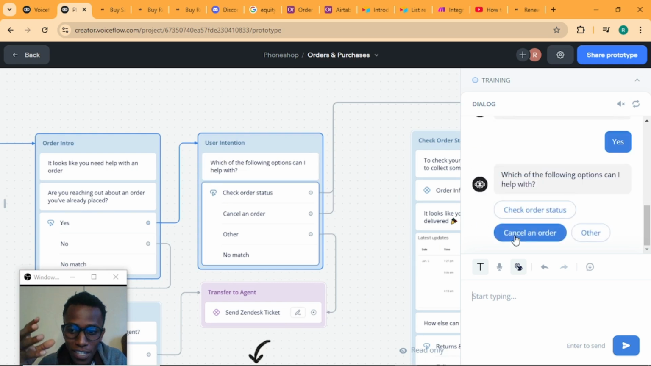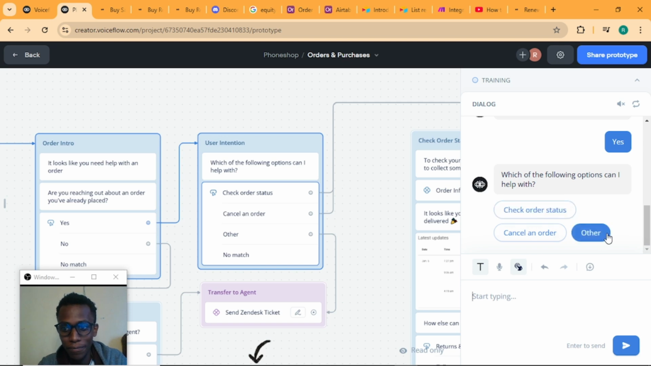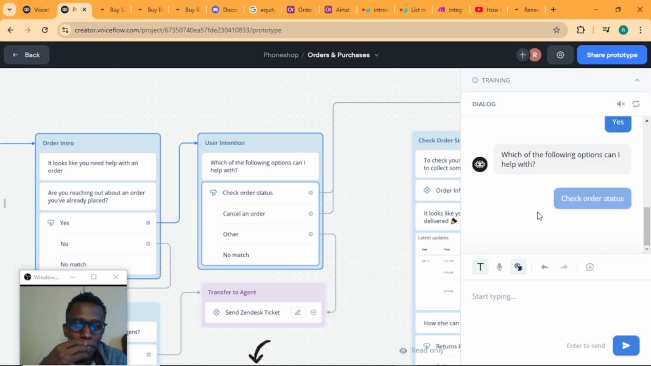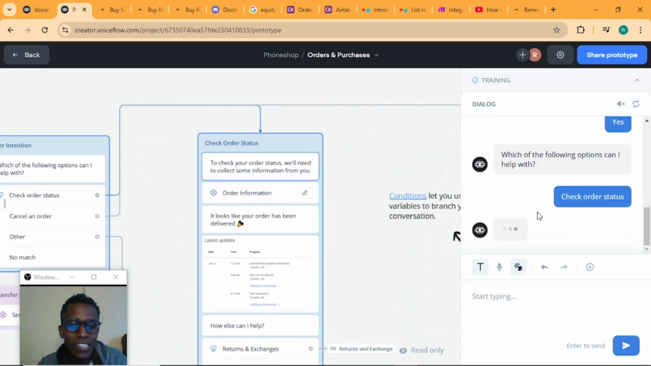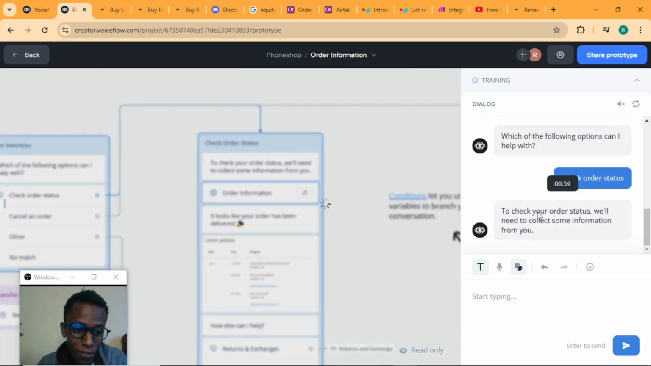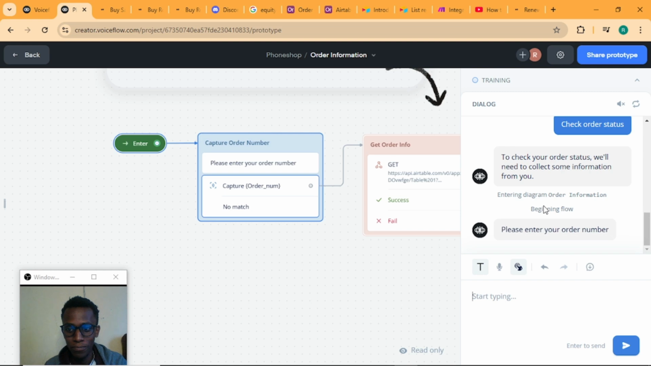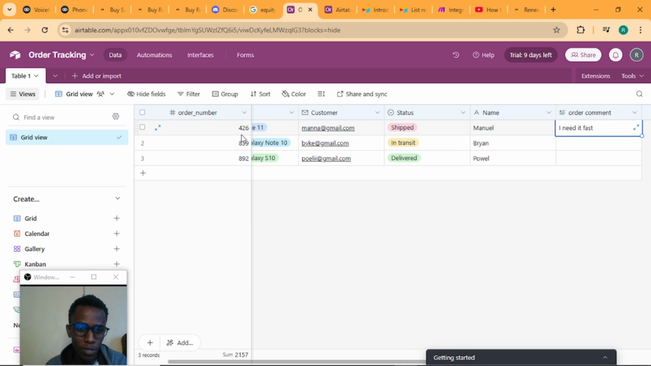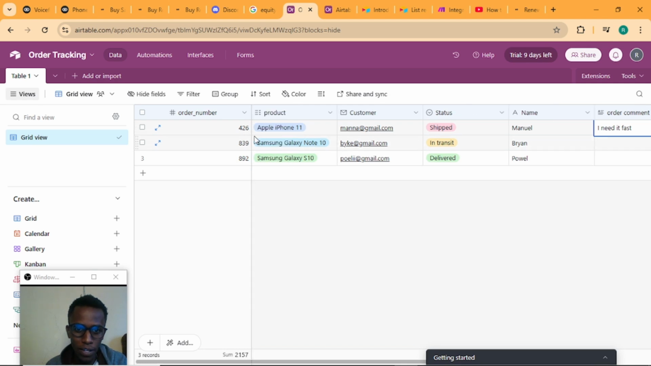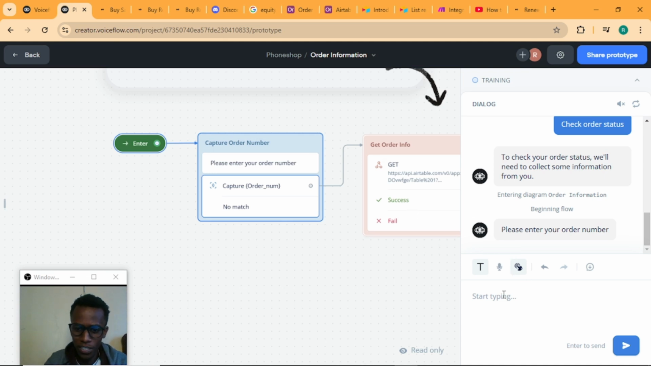So assuming you guys have a database, check order status, cancel an order. I'm going to go with check order status first. So you can actually follow up on the leads you have if they have any questions. To check an order status, we'll need to collect some information from you. Please enter your order number. With the database I had created for demo purposes, I'm going to go with 426. So if I actually type in 426 here,